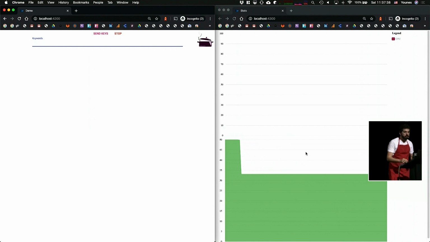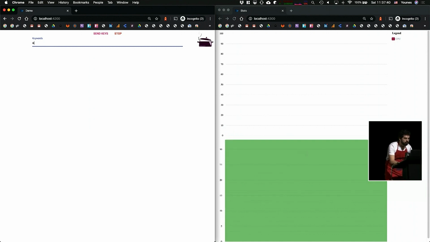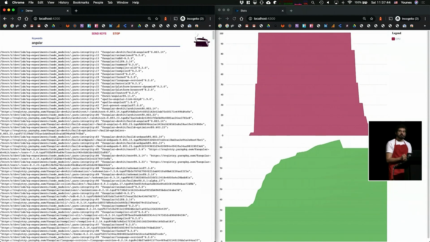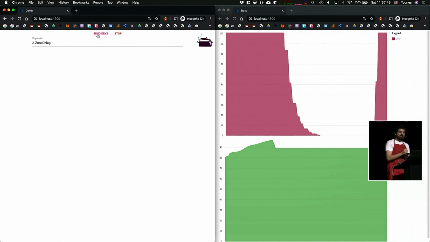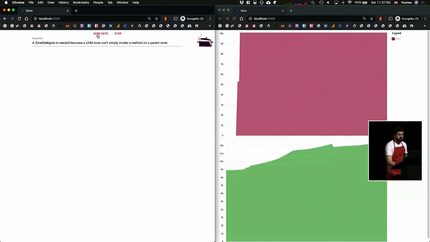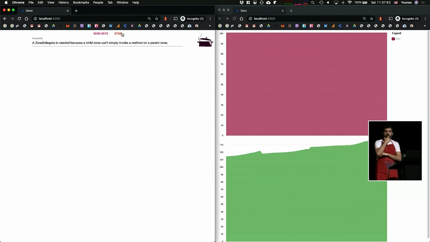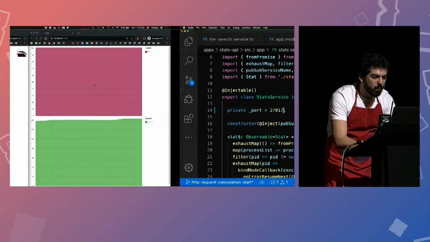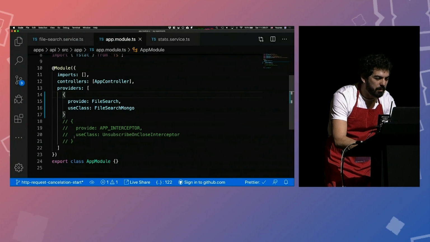It's the CPU and memory from MongoDB. It's really slow. It's not great. Look at this. 100% CPU. And even if I stop, it's just burning everything here. So it's not working. But once I just add my interceptor here,